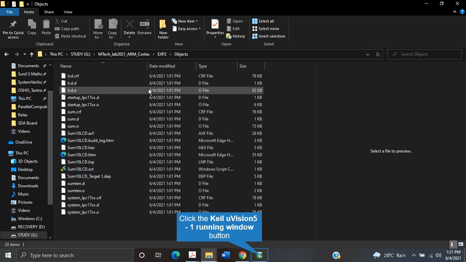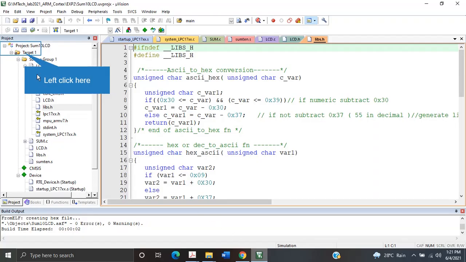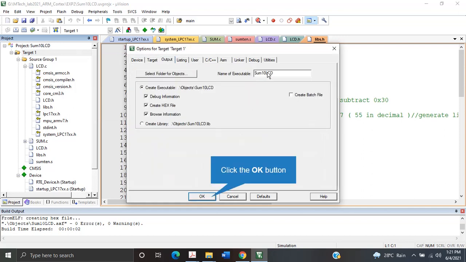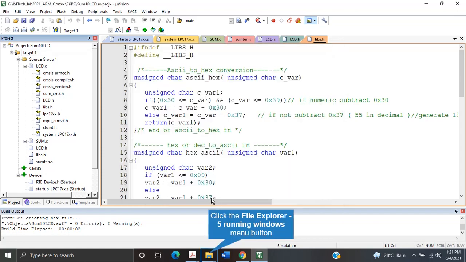I'll just recompile it. Under target, options for target, output, the name is sum10lcd. This should be the name of the hex file that has been created, and I will search for that.